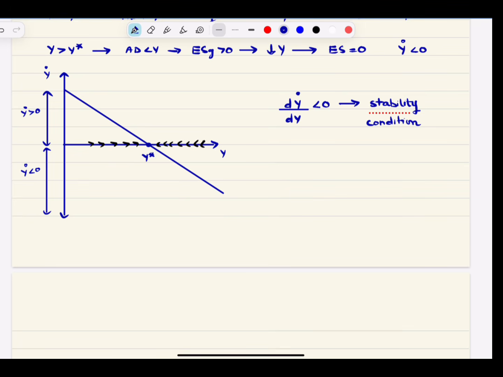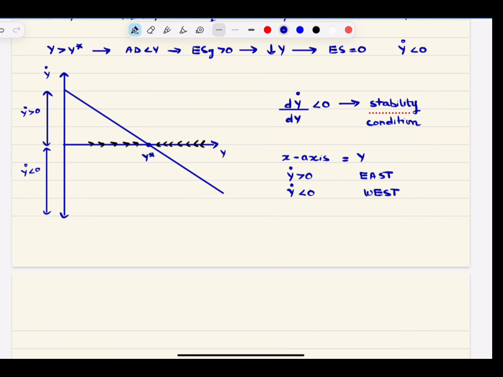And since the variable under concern is on the x-axis, the x-axis has output on it. Therefore, whenever y dot, which is the change in y with respect to time, is greater than 0, the arrows that will be given for this are going to be east. And whenever y dot is less than 0,